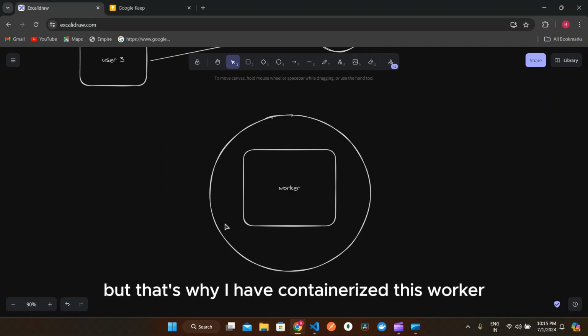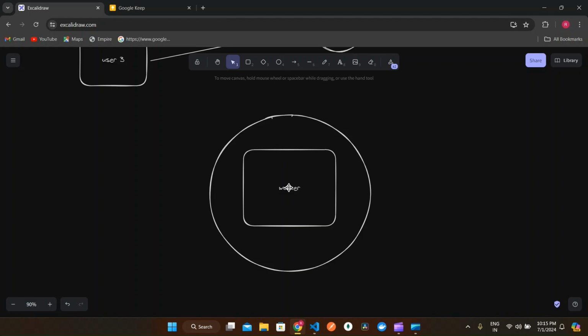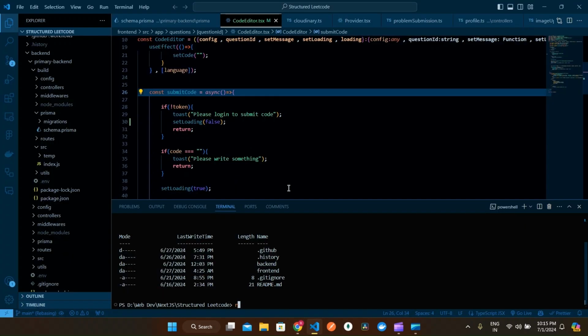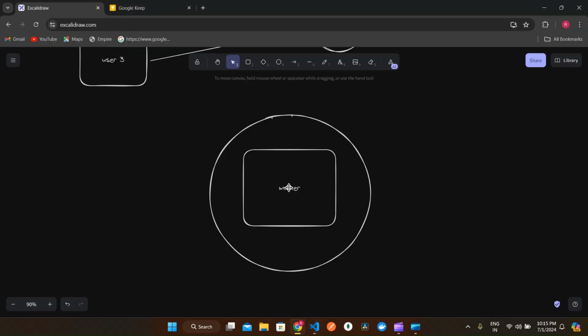That's why I have containerized this worker so that it runs in an isolated environment separate from the server,